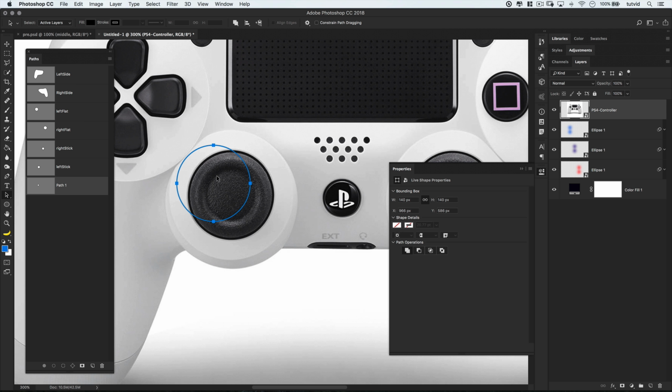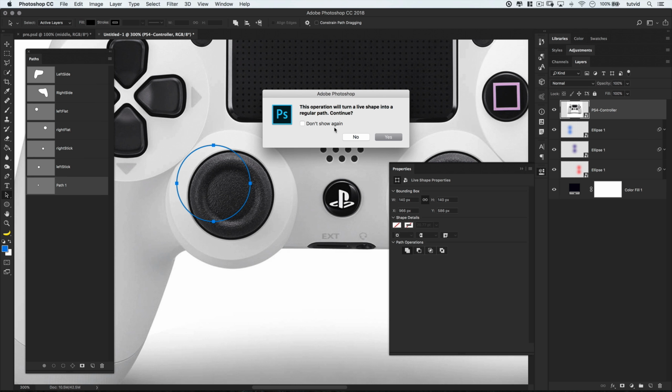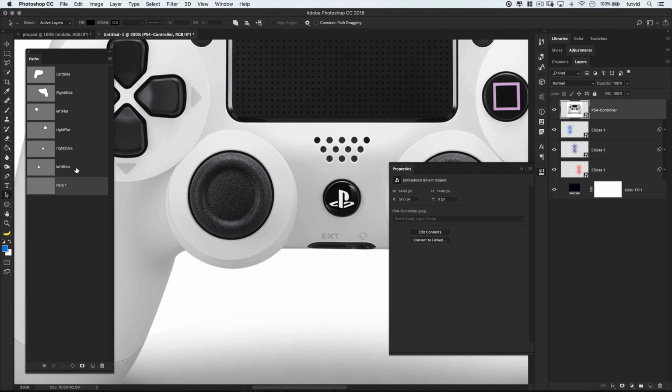And we want to align this perfectly within our other circle. So how do we do that? Well, we should probably cut it off of this path layer and paste it back onto the other layer, align them, and then break it out onto its own path layer. Let me show you how to do that. So select this path. We go Edit, Cut. So boom. Yep, it's going to turn into a live shape. Fine, no worries. I'm going to go back to left stick right here and Command or Control V to paste